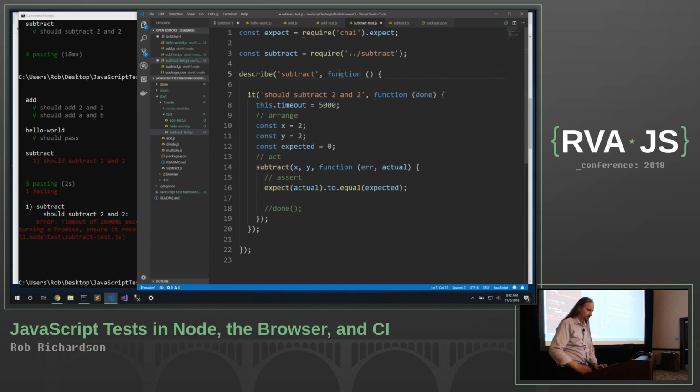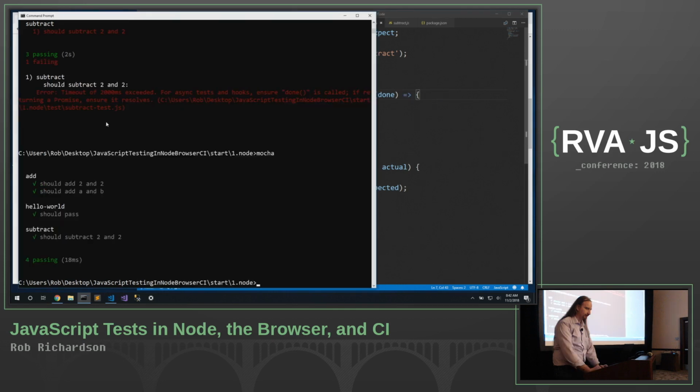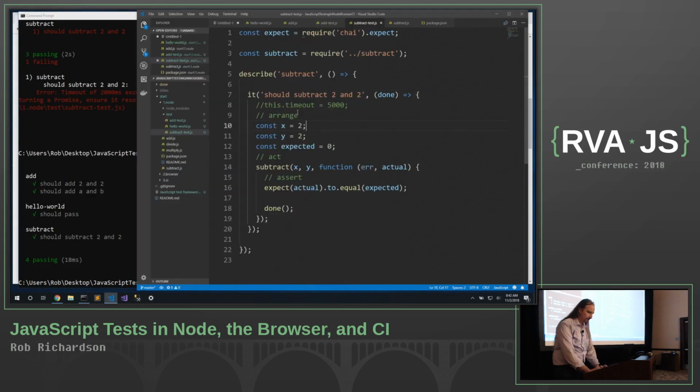So I would like this test to run quickly. I'm going to undo that. And now that I'm not using this.timeout, we can ES6 all the things. And let's run our test. And now everything works. A synchronous test and an asynchronous test. Well, let's go look at